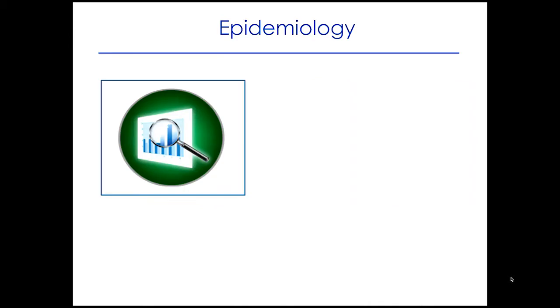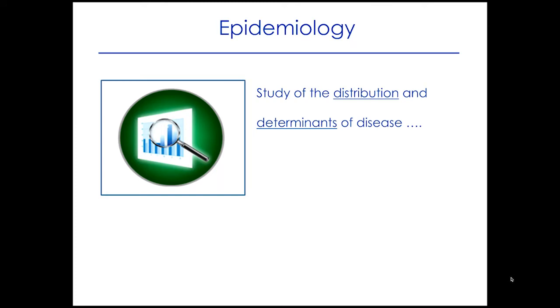The field we're actually talking about is epidemiology, and loosely speaking, it's a study of epidemics. But they do more than that. They study the distribution and determinants of disease. I love this phrase because it's two very clear words. How is disease distributed? And that can help us determine what is the cause. And the reason they do this is to determine the best corrective action to basically reduce any public health damage.